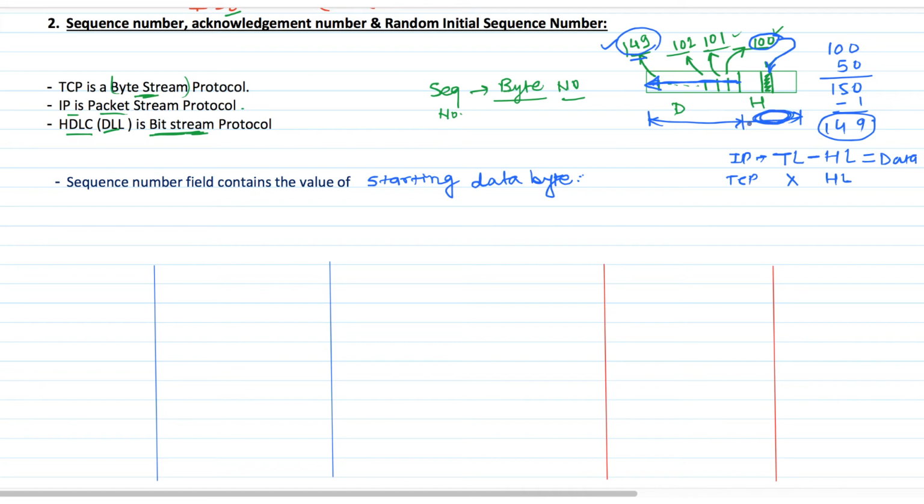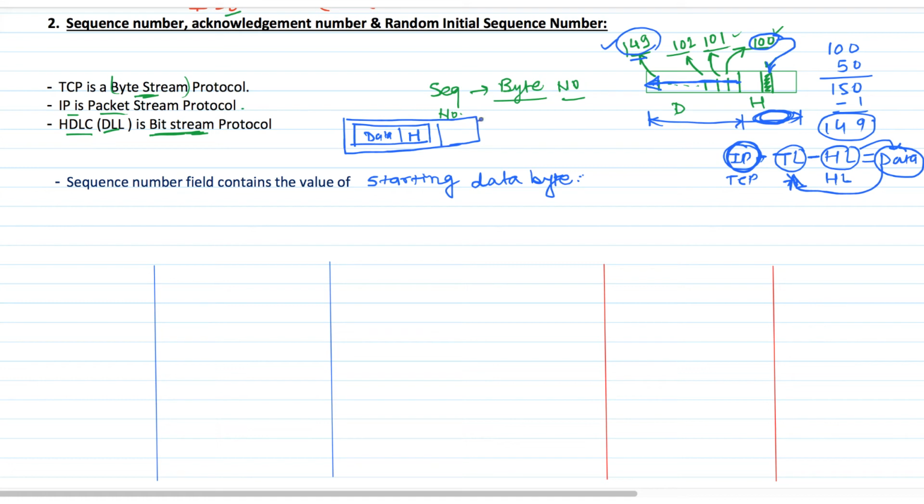And the answer is that here it is going to take the help of IP. As we know that in the IP header we have total length minus header length equal to data, but in actual, this data length is equal to the total length of this segment. Let's see here. Suppose we have a segment, here it is the header, here it is the data. So this segment is going to travel inside an IP packet only.